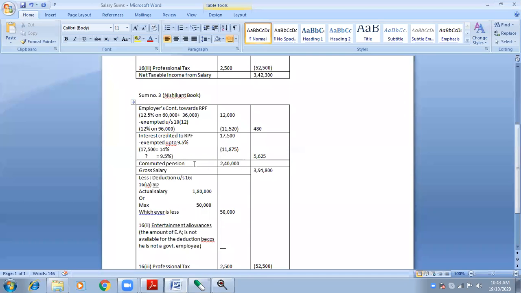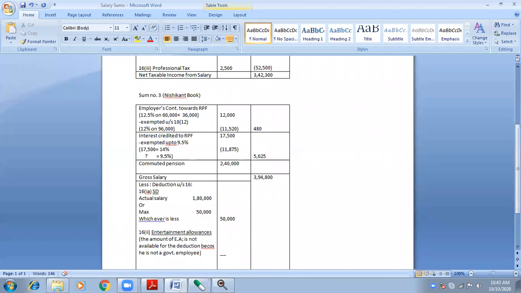Okay, then he says less exempted. He's not a government employee. So fully exempted? No. It is not fully exempted because he's not a government employee. He's a private company's employee. So exemption is there. But how much? There are two different parts. With gratuity, without gratuity. Now in this sum, no gratuity is given to this particular employee. Therefore, if no gratuity is there, half of the total